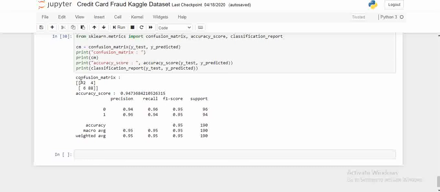In the confusion matrix result, the total number of zeros predicted correctly is 92, and the total number of ones predicted correctly is 88. The accuracy score is 0.9473, so 94.73% of the data set is predicted correctly. And through the classification report we can see the precision score, recall score and F1 score.